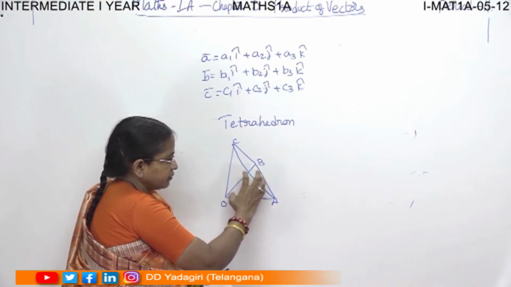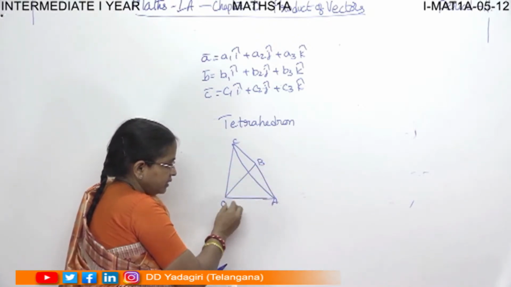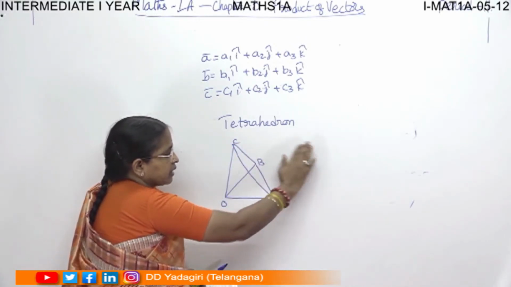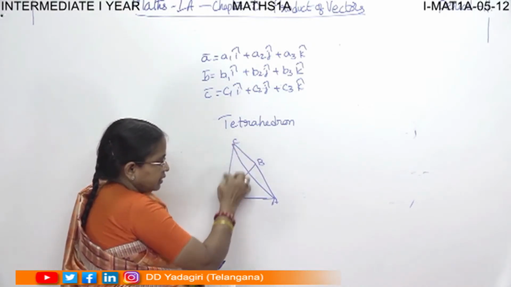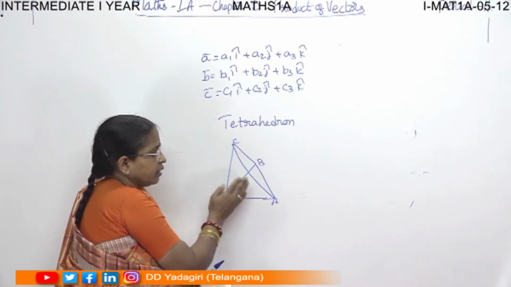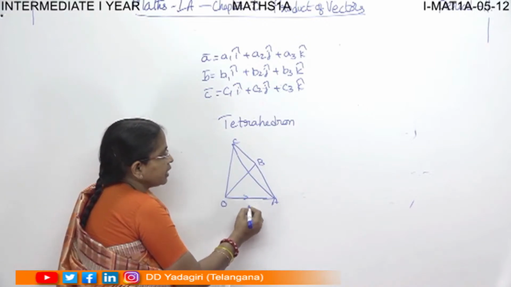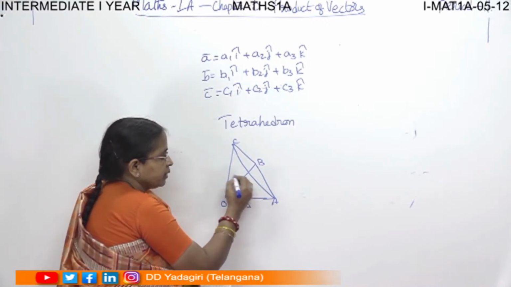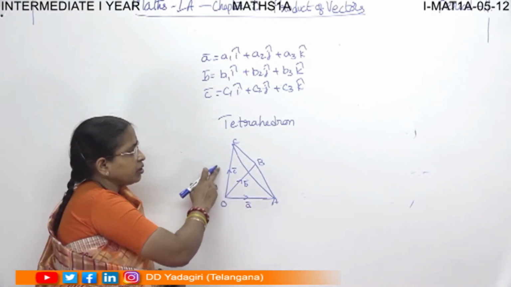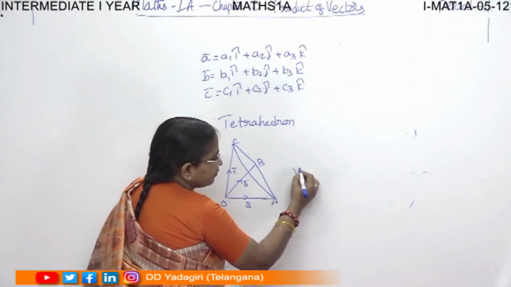If you could follow this figure, OAB is the base. OCA is one side. CAB is another side. And the back side, COB, is that side. So there are four triangles in this. Base is a triangle. All three sides are triangles. Now this is the solid. Suppose that OA is A, OB is B and OC is C. That means A, B, C are the coterminous edges of the tetrahedron. Then the volume of the tetrahedron